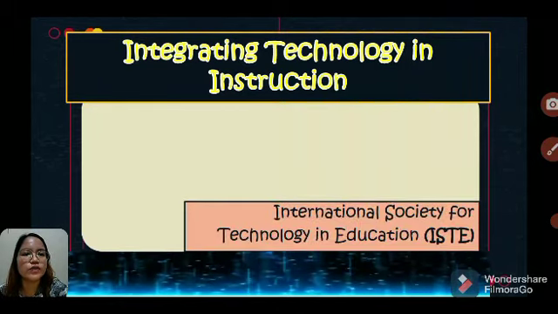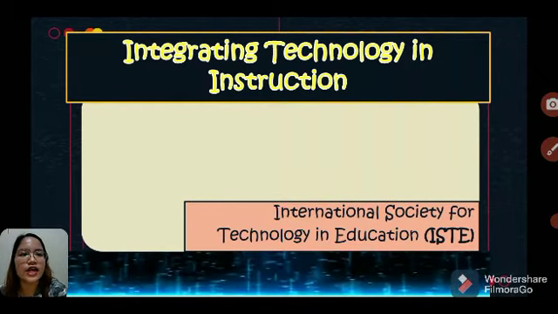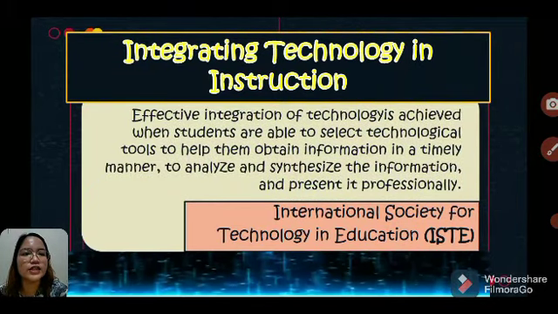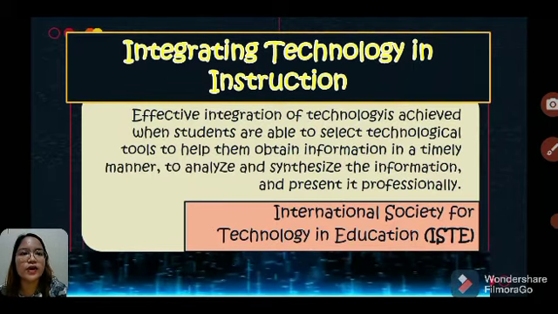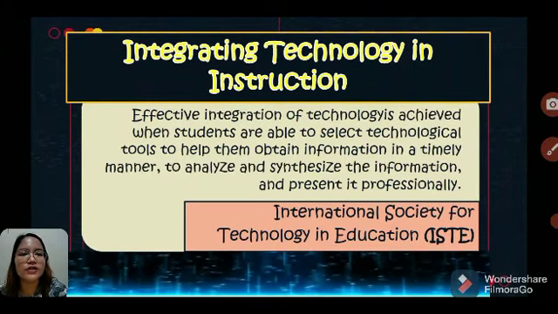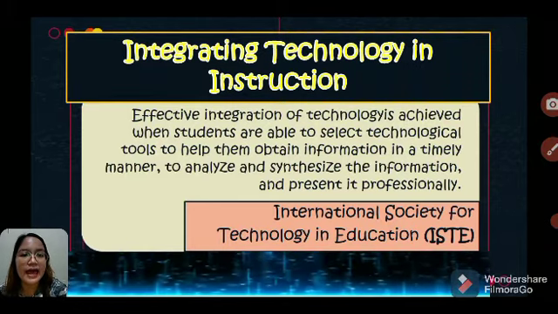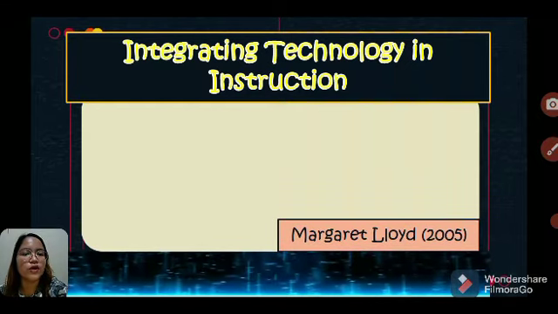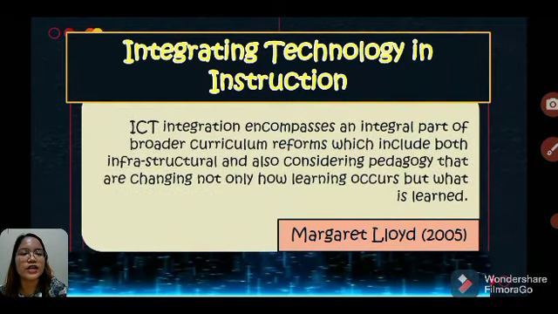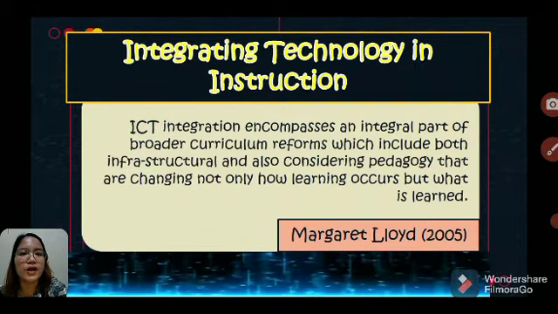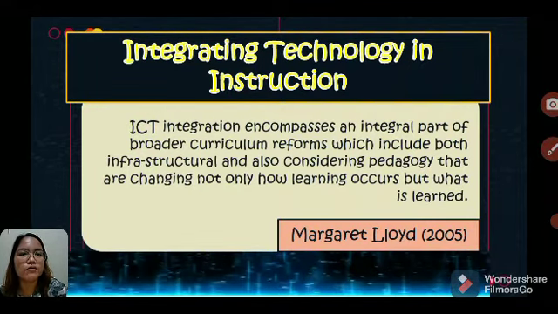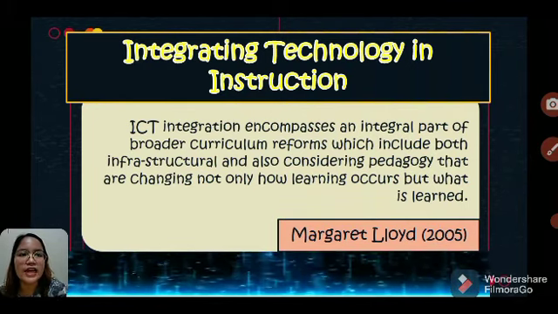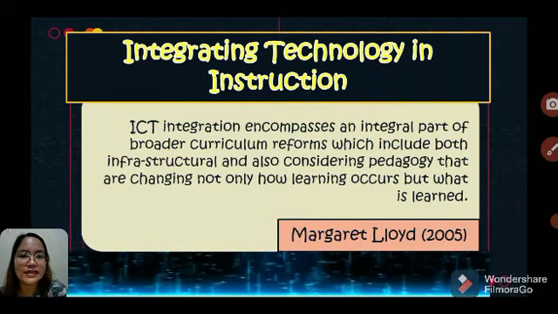And according to the ISTE, International Society for Technology in Education, effective integration of technology is achieved when students are able to select technological tools to help them obtain information in a timely manner, to analyze and synthesize the information, and present it professionally.